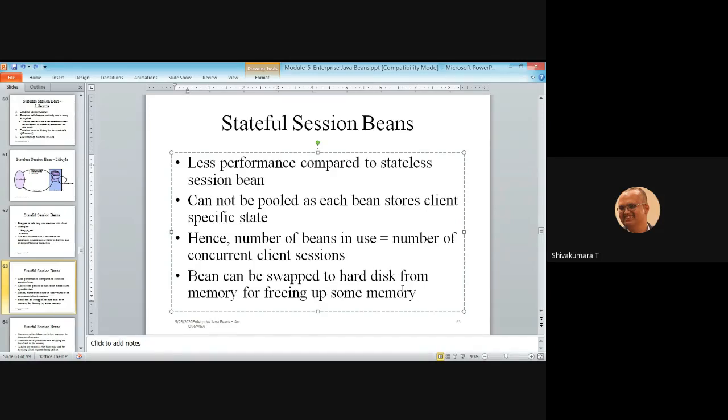If you are removing it permanently, that is EJB remove method being called. If you are temporarily moving it from memory to hard disk, it is EJB passivate, like your play and pause buttons. Paused, temporarily stopped. Again, you can resume by calling the EJB activate method. Clear?